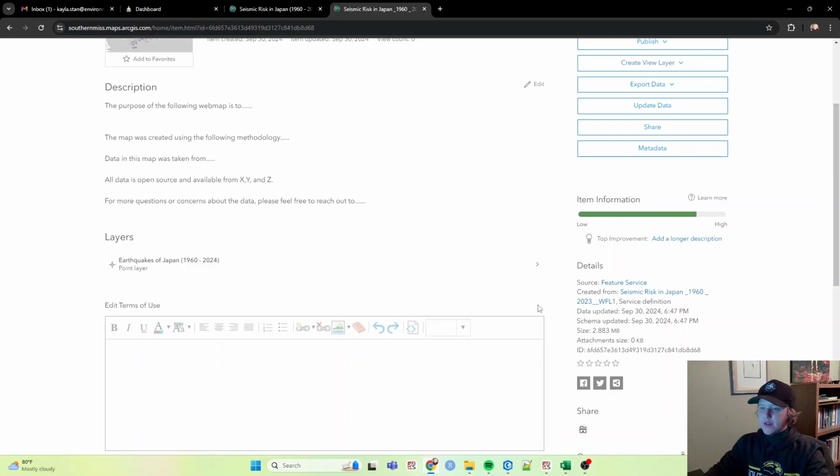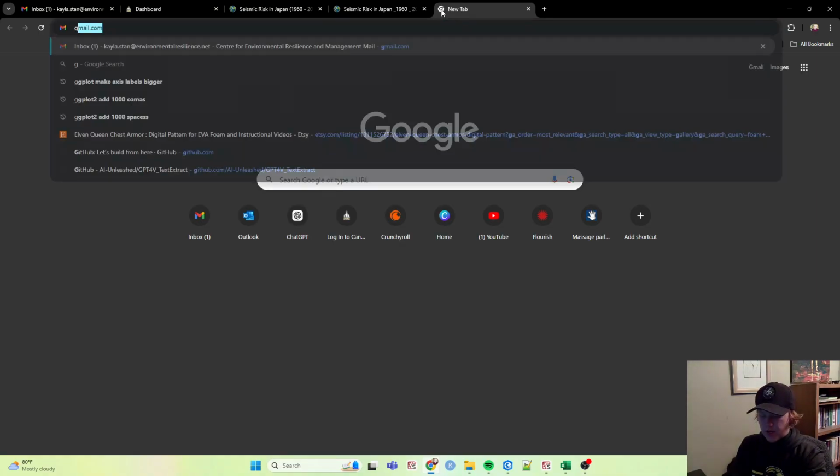I can also add this terms of use. So if you have terms of use, this is more common if you are an organization or the government. So for example, the government of Alberta,